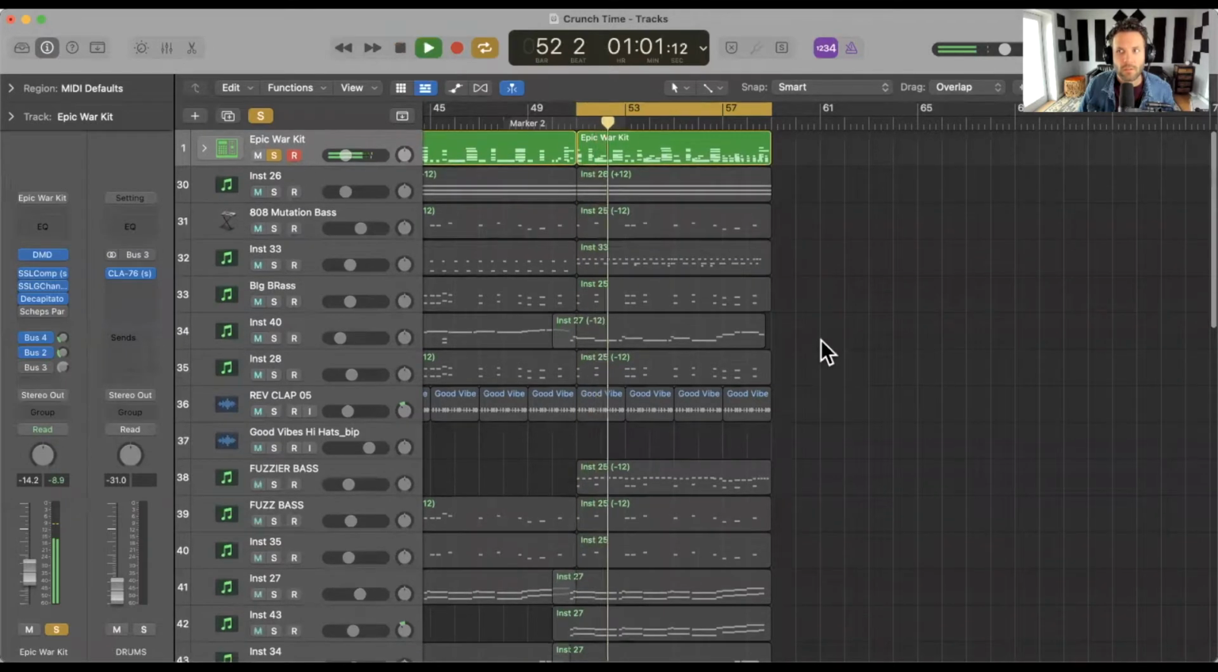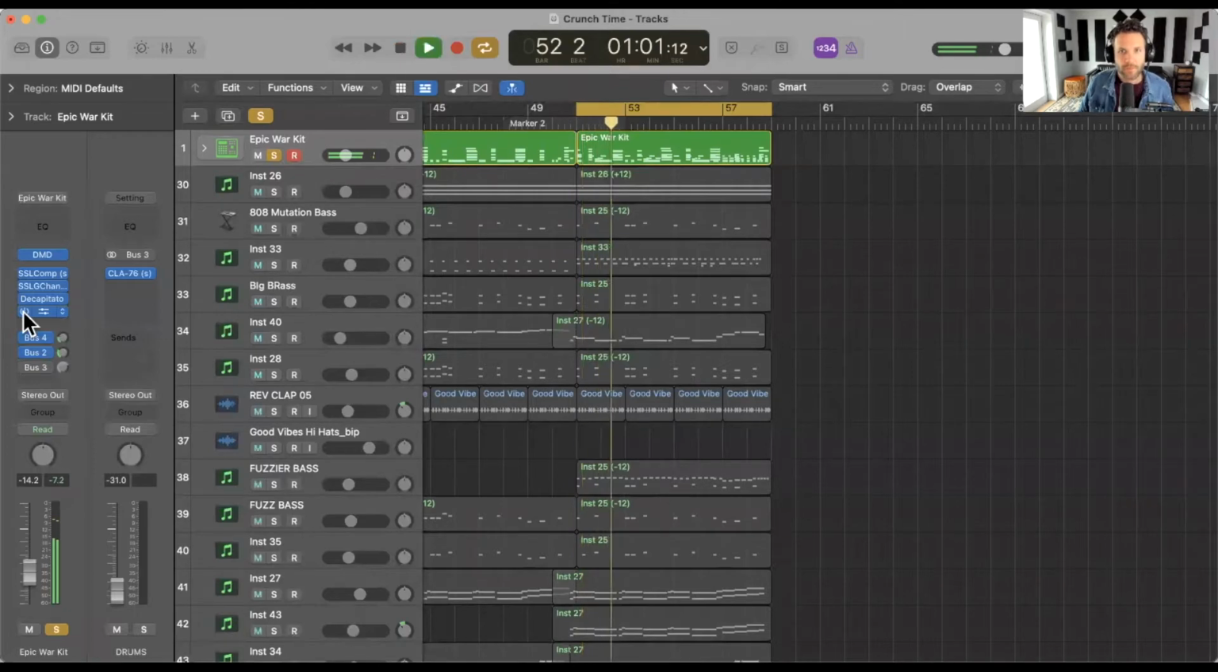Turn drums that sound like this into drums that sound like this, with just one plugin, Scheps Parallel Particles. Let's jump in. Hey, so one of the best techniques that I've found in mixing to really help bring the